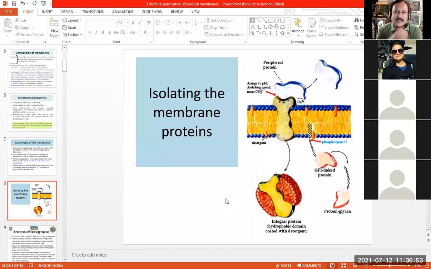Some of the proteins are tightly integrated within the membrane. Can you see this particular protein here, yellow colored? You will find that it is completely spanning the membrane from one side of the membrane to the other side of the membrane. And this kind of a protein is called an integrated protein. Can you see that, everybody? Yes, sir. It is also called an integral protein. Integral protein or integrated protein actually mean one and the same.